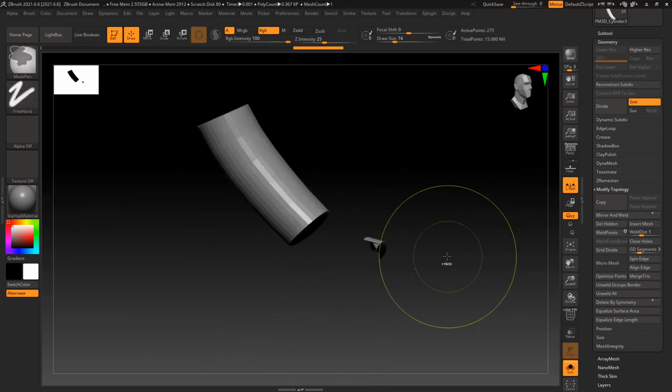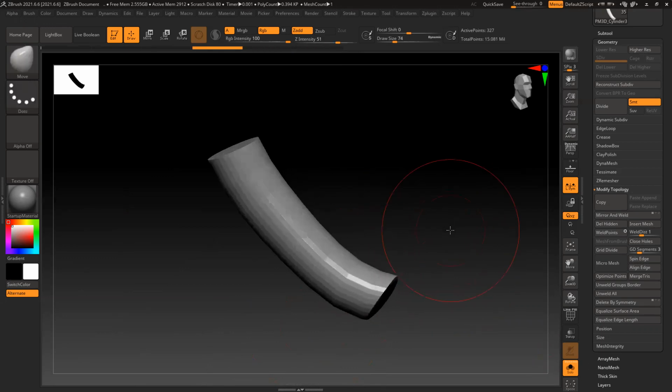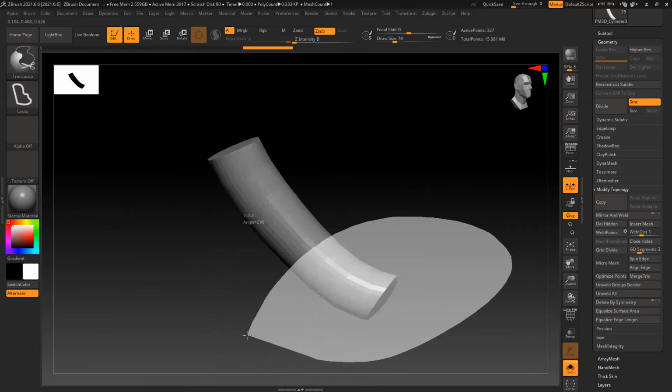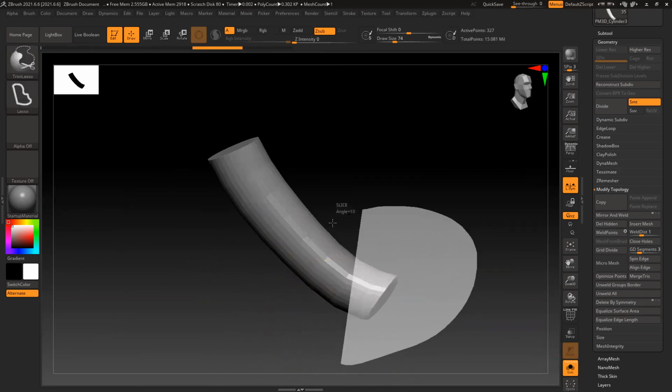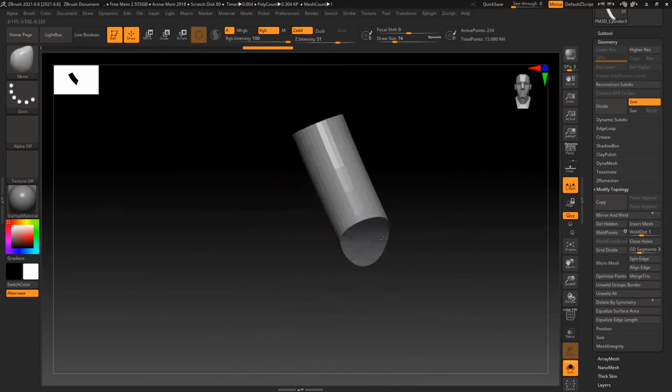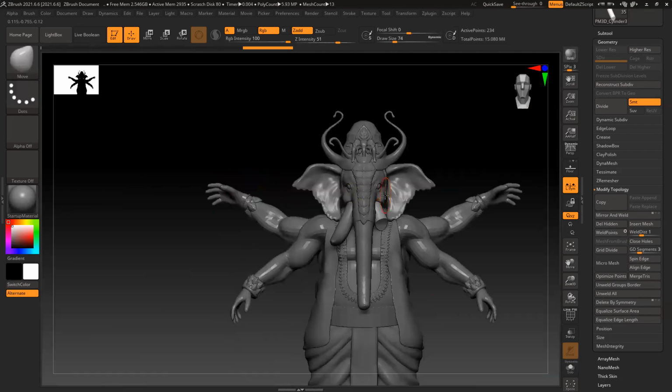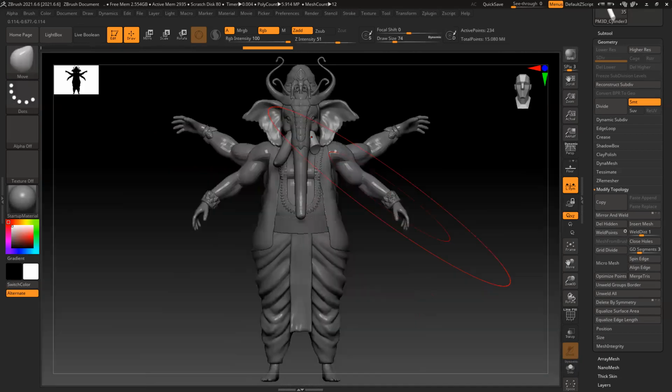Interesting. That's the angle. Much better.